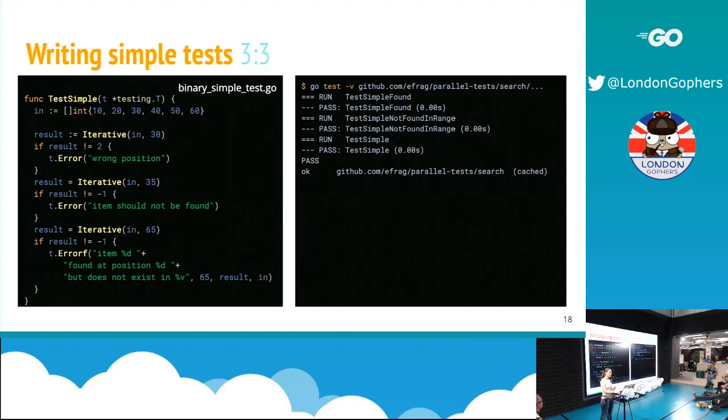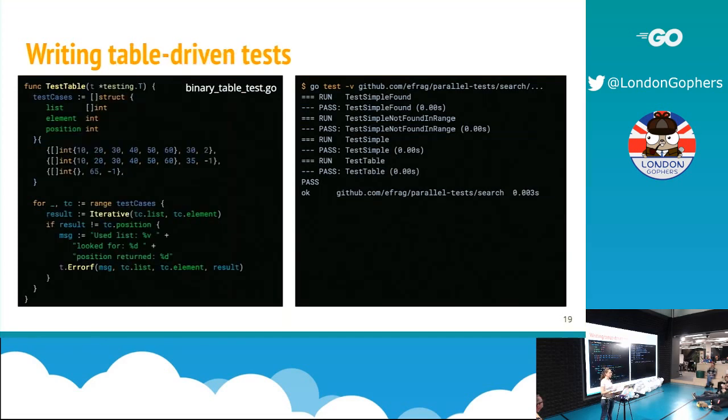Now this is fine, but we can do better, and we can write a better looking test with cleaner code if we start using table-driven tests. A table-driven test is actually a neat way